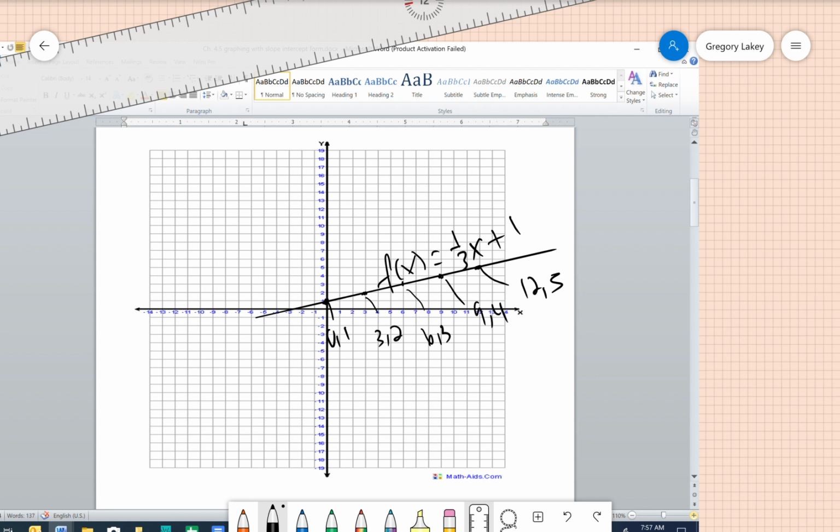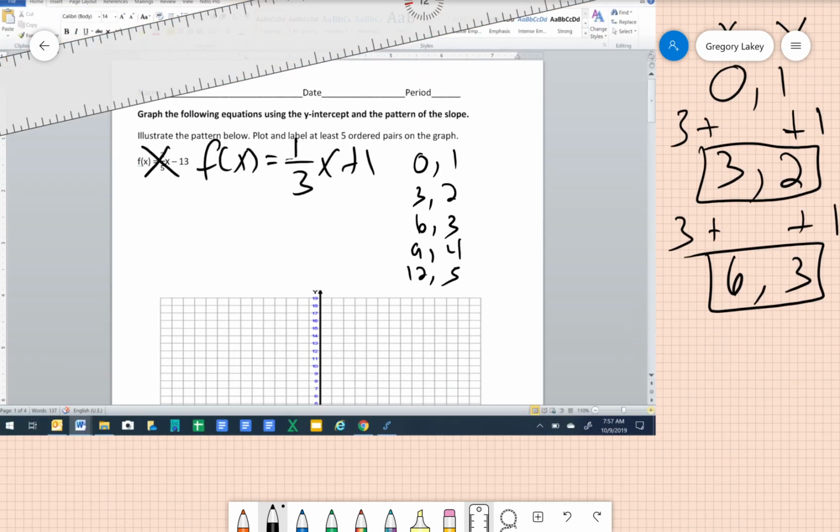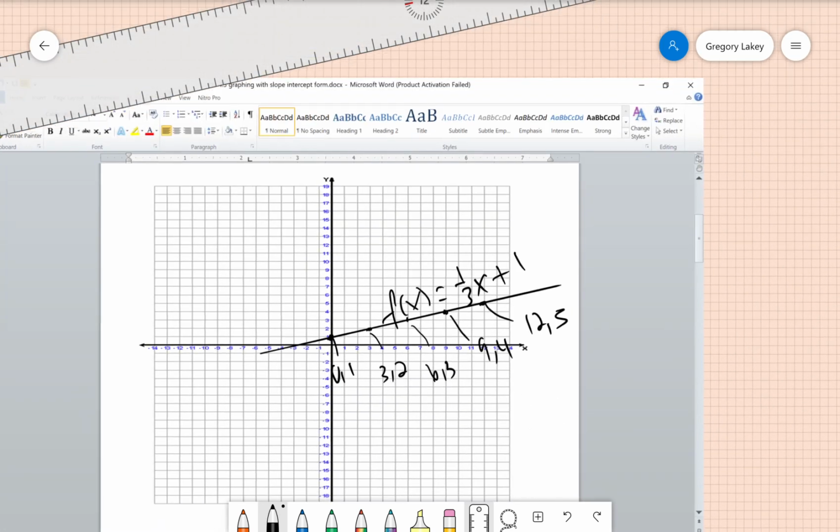So now go ahead and turn the paper to the next one. Next problem. Do the same thing. Start with your y-intercept. Use that slope to now derive your other points. But that's how we're going to use graphing slope-intercept form a little bit differently than just looking at a graph and plotting a point. I'm going to show you in a minute where if it doesn't